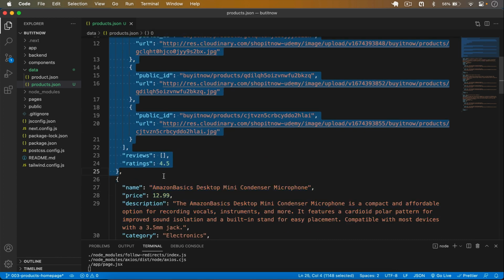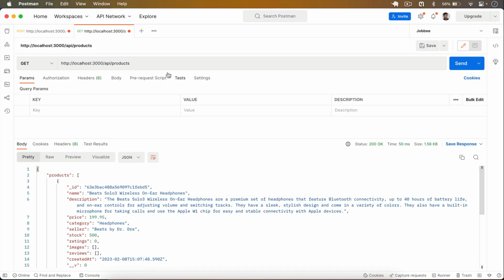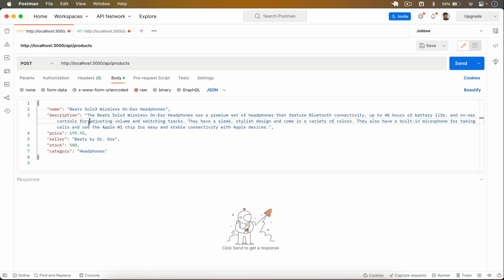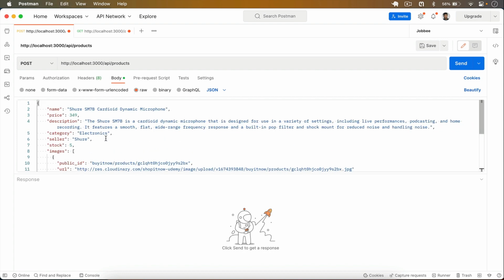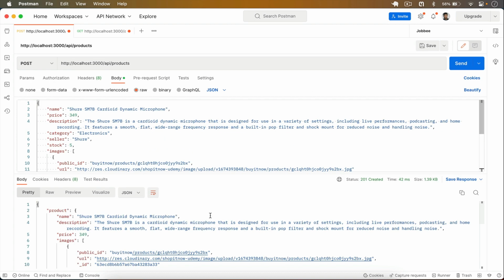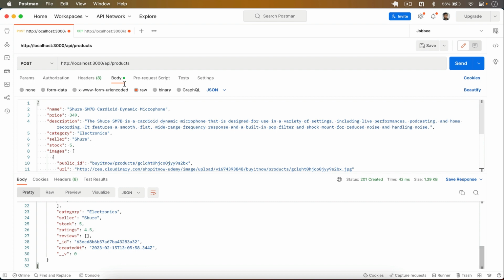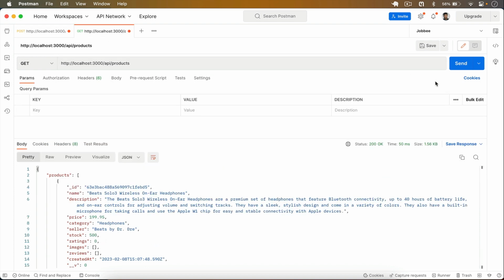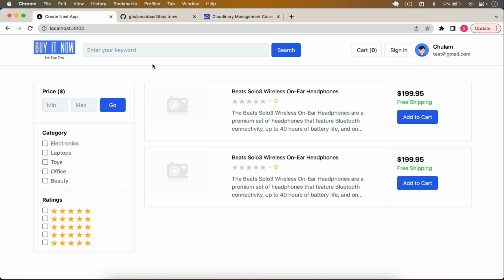I simply copy that from here, go to my Postman, and this is my endpoint. I paste the data in the body. If I click on send, you can see that I have created my product. If I go back and reload this page,